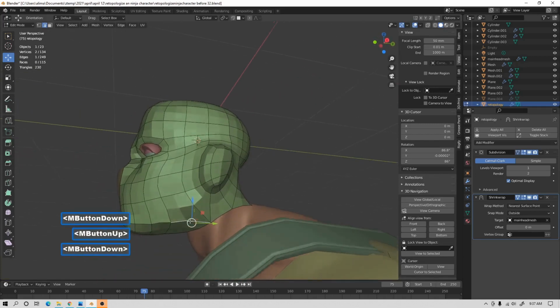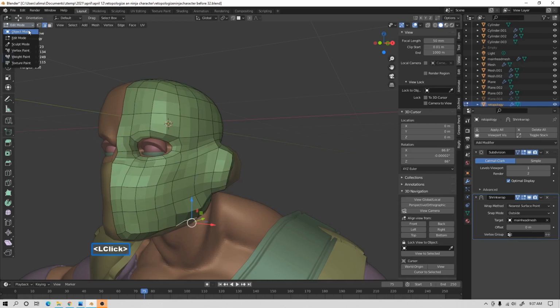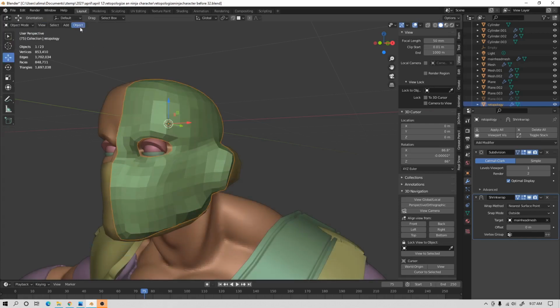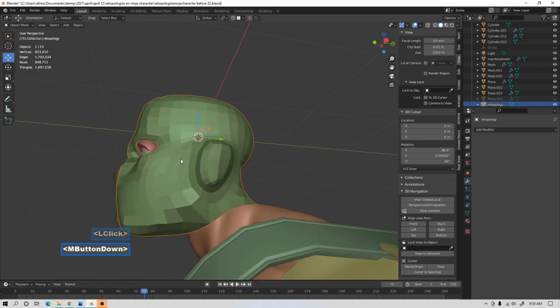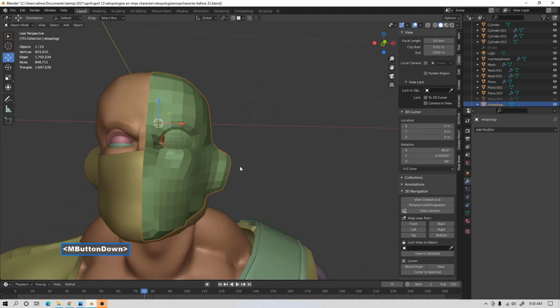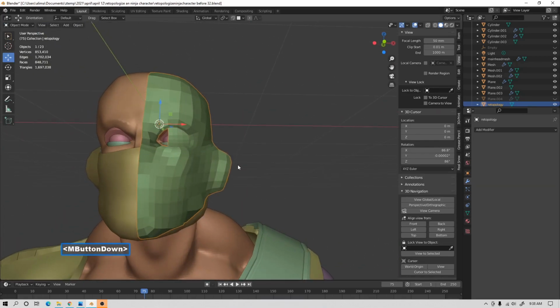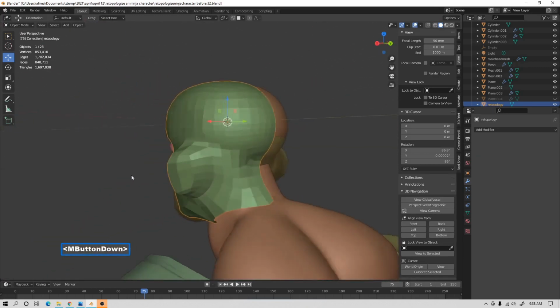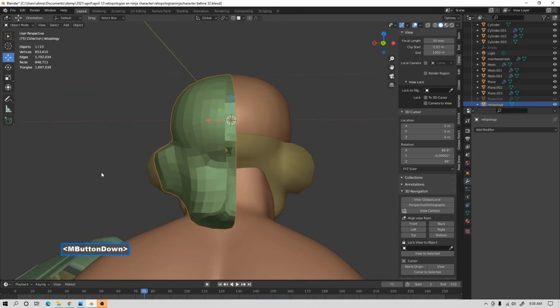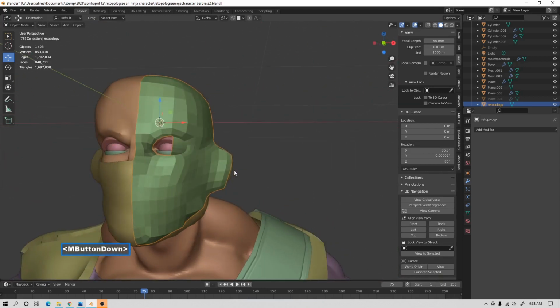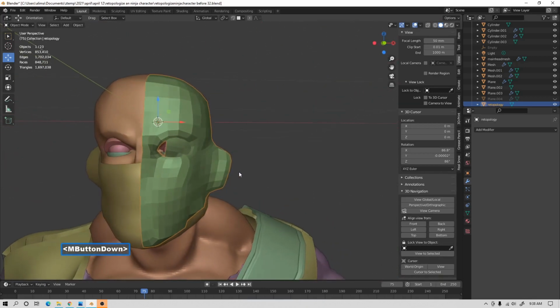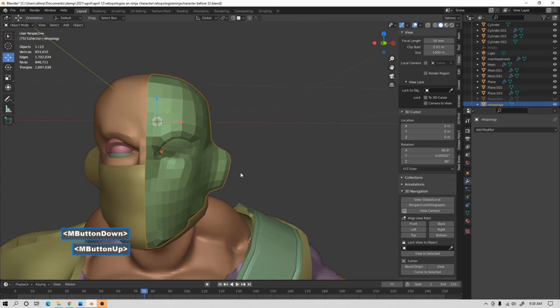All right, so as far as what we're going to do now is we're going to go to the upper left. We're going to go to Object, Apply All Modifiers. What we're going to do now is go